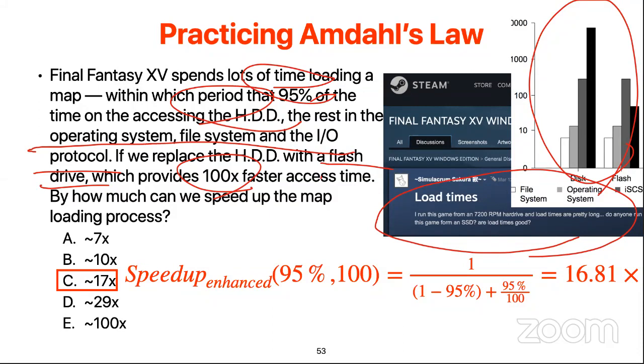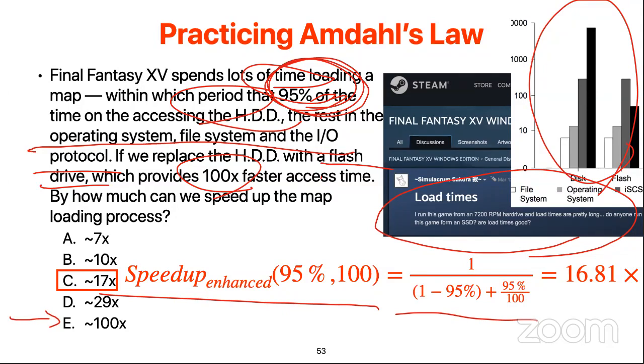But it's just 100 times faster on the 95% of the time. So if you put that into Amdahl's law, you will figure out that you might have the intuition that if somebody says this is 100 times faster than your original one, and 95% of the time you are spending on this part, then my speedup should be close to 100 times. However, if you use Amdahl's law, what you really feel is only about 17 times faster, which is far away from that 100 times. So Amdahl's law will give you a very good idea about the effective overall speedup you can get in your whole program,